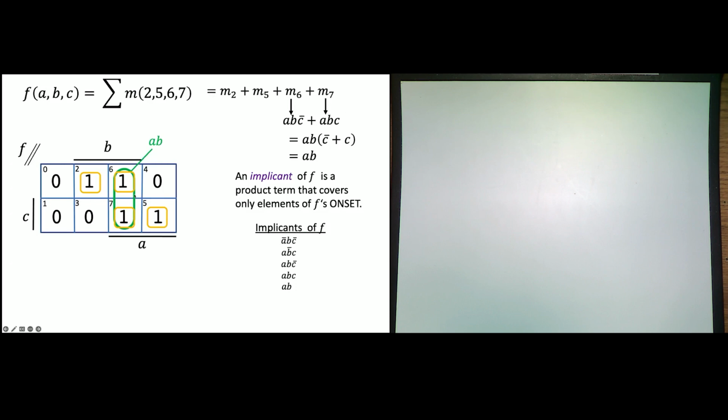This is minterm 6 here. This is minterm 7. They differ by exactly one variable. One of them has a C bar. The other one has a C. So they're right next to each other in the K-map. And so instead of drawing these individual cells, I can draw a bigger one that covers 2 of them next to each other. And this is then the product term AB.